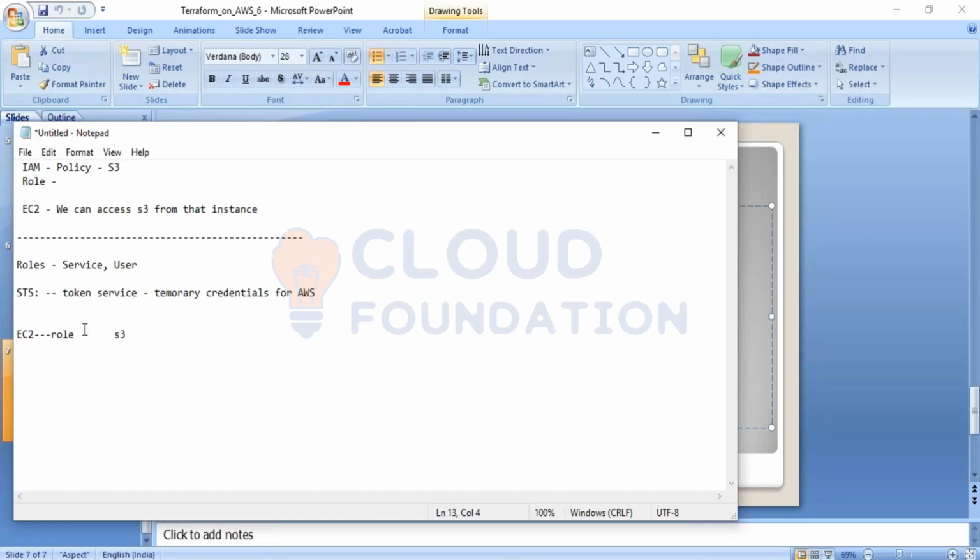This role needs to be attached to EC2. This is called assuming a role. So when I create this role,